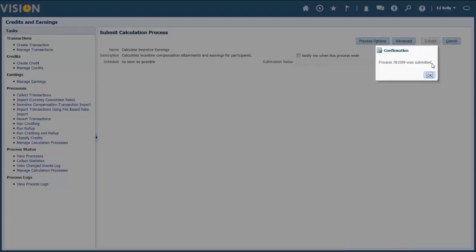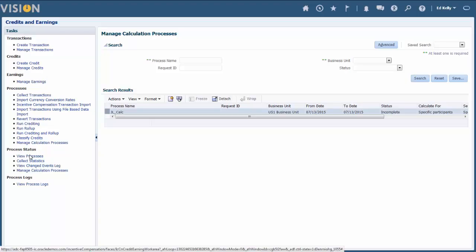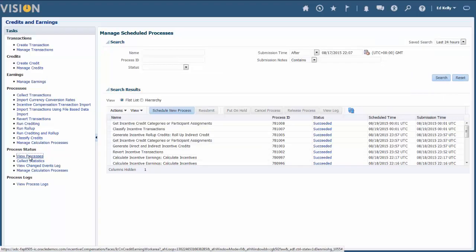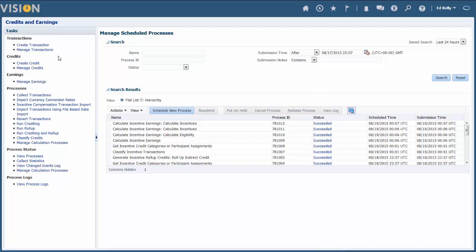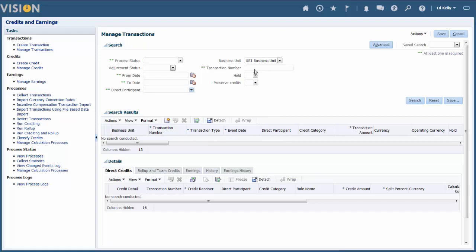And then again, to check the status of the job, I go to View Processes, and I click Refresh, and refresh again, and one more time, and it's done. So now if I go back to Manage Transactions, and I query for JL, click Search,